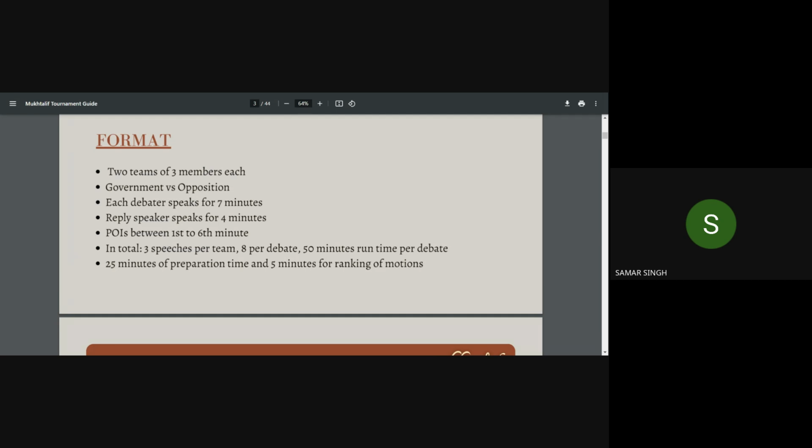Each debater speaks for 7 minutes, meaning the speech size of a speaker is 7 minutes. Now, 7 minutes consist of different sections, meaning in the first and the last minute, no POIs can be raised. Now, what is POI? I will tell you further in the session. There are a total of six speeches of 7 minutes. And then lastly, there is one speech by each team, which is just 4 minutes, called a reply speech. How that order comes in